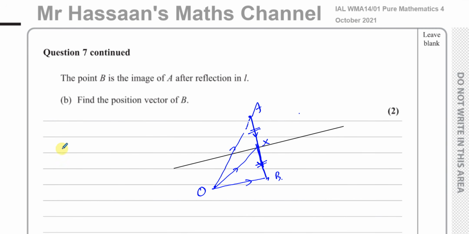So what we can say is that the vector from O to B is going to be the vector from O to X plus the vector from X to B. Or we could say O to A plus 2 times A to X, same thing. It will still take us to B. So we know that O to X we found, and X to B is the same thing as A to X. Okay, so we can say O to B